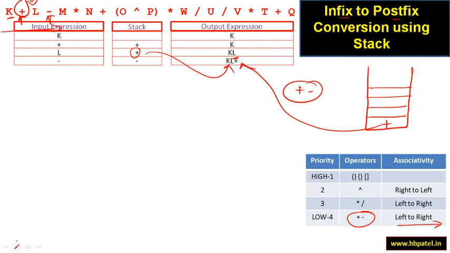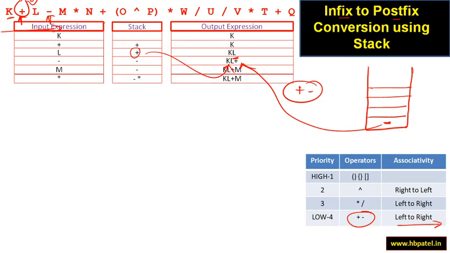Once we remove plus, this thing is gone. Now I can add the next operator, that is minus. So this is what is done over here: the plus is popped onto the output and the minus is pushed on the stack. Now next comes m, so we add it to the output. Next comes multiplication. Minus is already there. Can I add multiplication over here? Yes. Why? Because the precedence of multiplication is higher than the precedence of minus. So always lower priority, then higher priority. This is valid, so I'm going to add it.